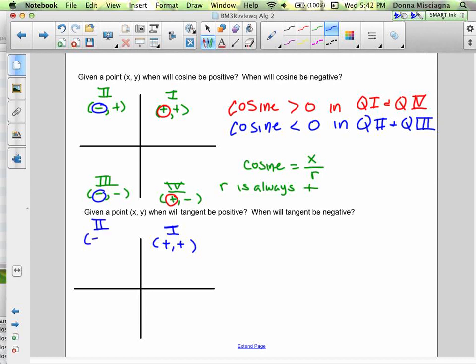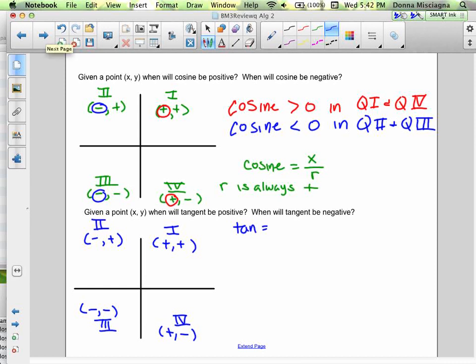X is negative, y is positive in the second quadrant. In the third quadrant, I have to write above, I don't have any more space. Both x and y are negative, and in the fourth quadrant, the x is positive and the y is negative. Right? And tangent